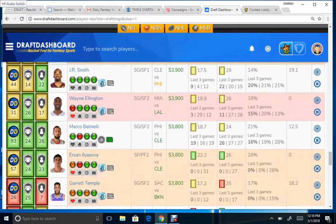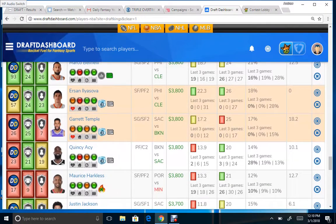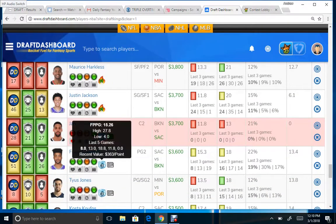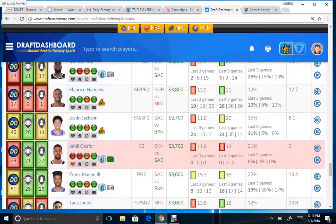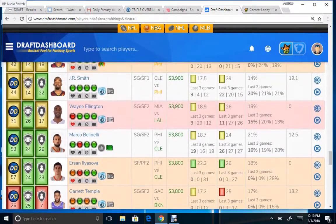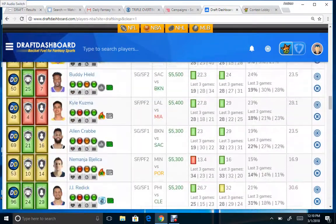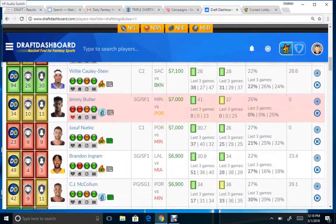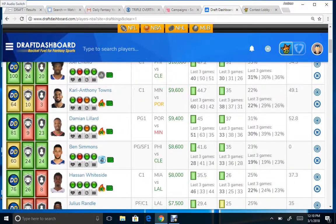If you want to compare that to any one of these guys here, this guy, 51, he had a point game one time. Going back to Mason, for example, his highest game was only 27, so his upside is obviously limited. You're going to need probably a guy with more upside for a tournament. So this gives you some good ideas to estimate which players would do well, and you could go, of course, in somewhere up here in the mid-range. If you don't care to spend up, you can take a lot of these mid-range players and see what you get, making sure you get some with upside and mix up your lineup with guys that have a lower variance